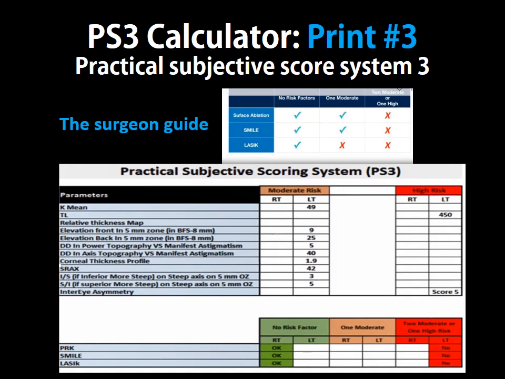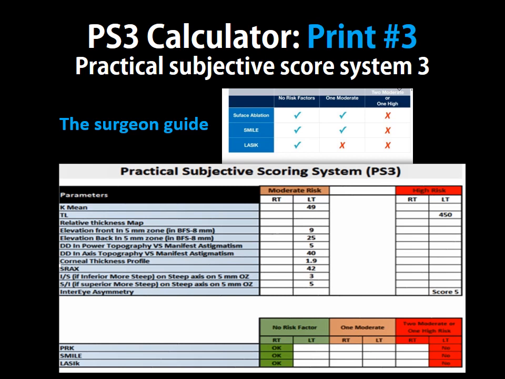And this is the final print number 3 of the practical subjective score system, which guides the surgeon what to do for this particular patient. So according to the PS3, the practical subjective score system 3, and the data we enter for that patient, we can,